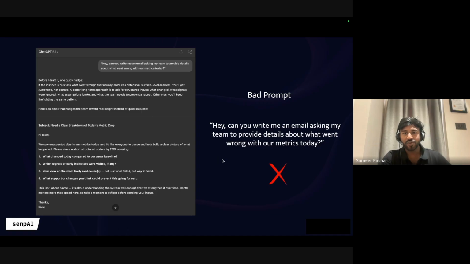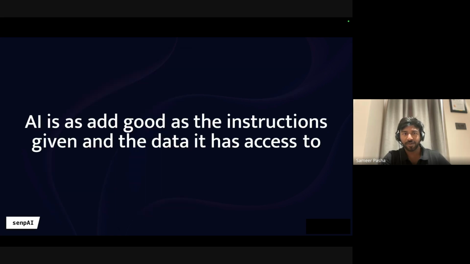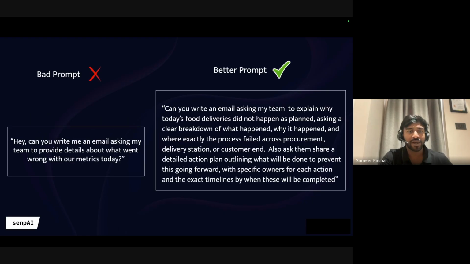Now let me show you the changes that we keep making as we move forward. As I was saying earlier, it's as good as the instructions and the data it has access to. The more context you give it, the better the system understands what you want and what your requirement is. So I made a few changes and gave more context to the LLM.